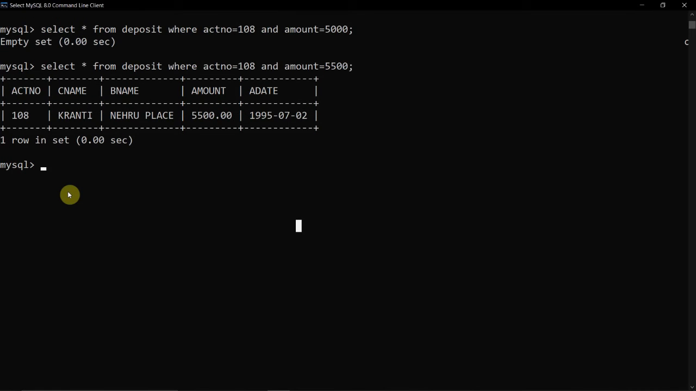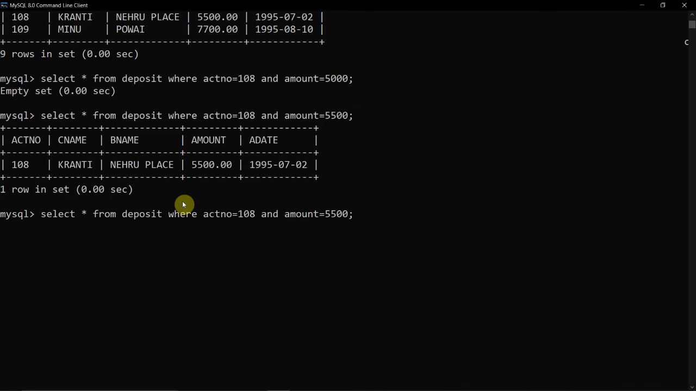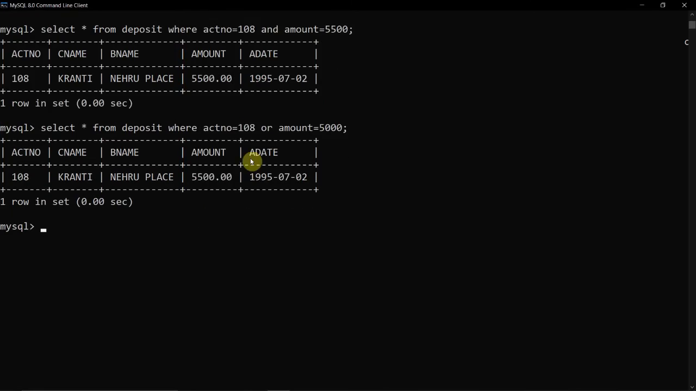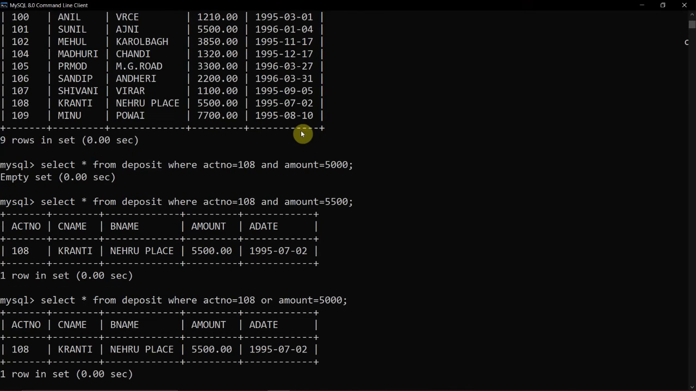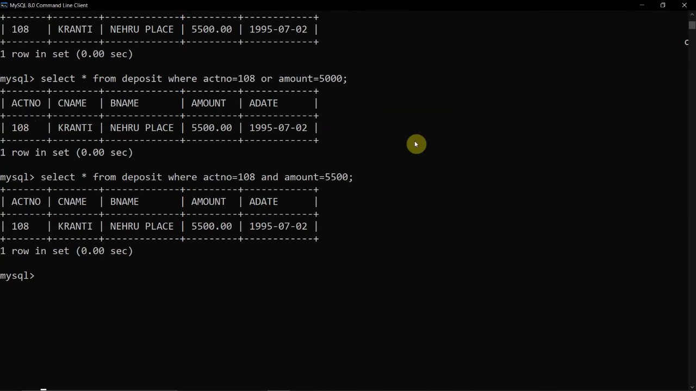Now if we go with an OR operator, so here we have seen that I have written the wrong data, that is 5,000. It is not giving us an entry, that is, it is an empty set if we are using the AND operator. But if I write OR instead of AND, now you can see that one condition is satisfied, that is the account number is 108, but the amount is not 5,000. So it is still giving us a result because one of the conditions is satisfied. Now if I run this query, sorry,